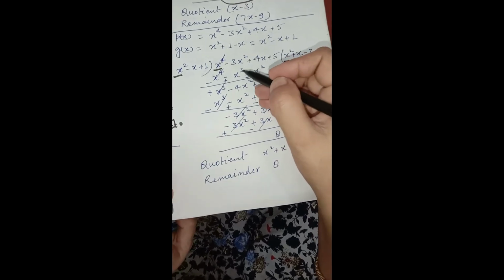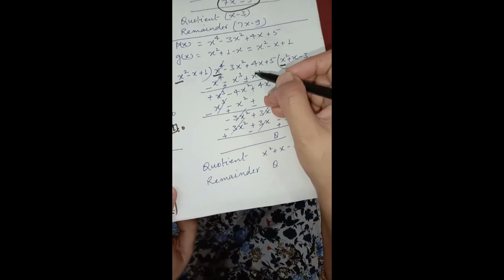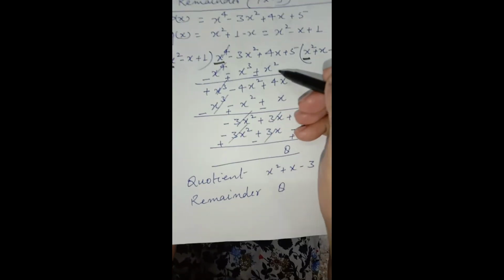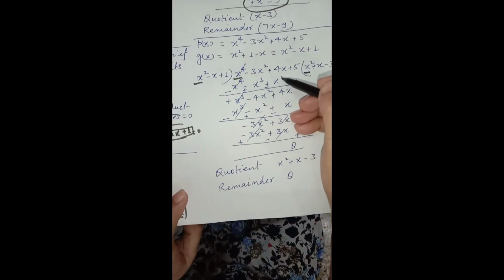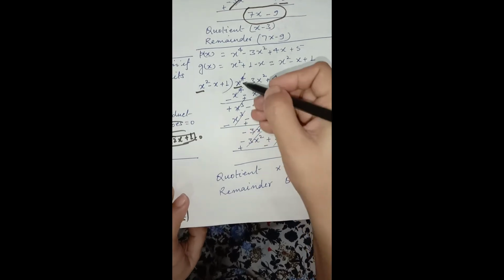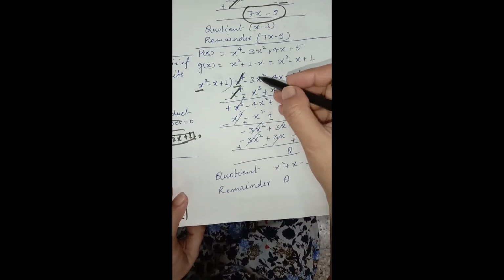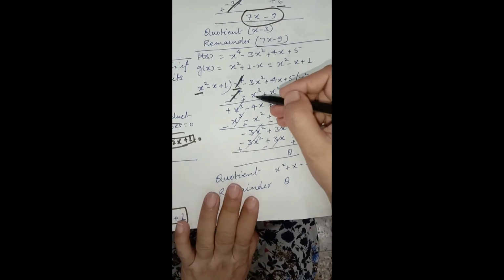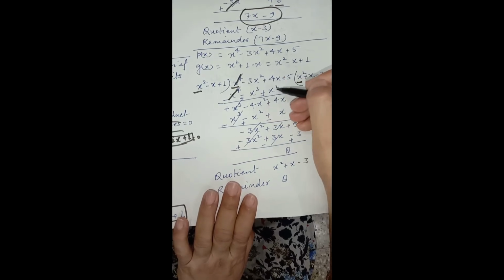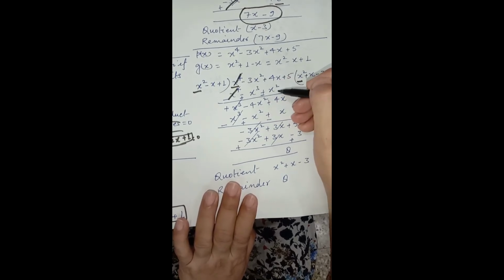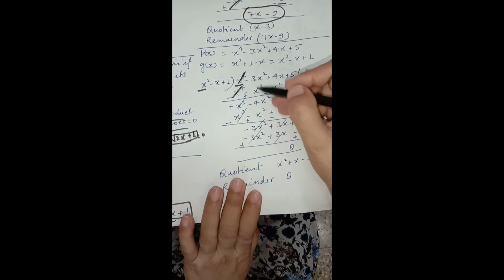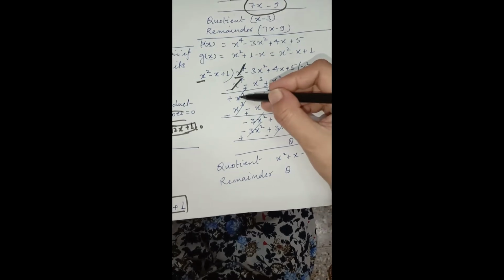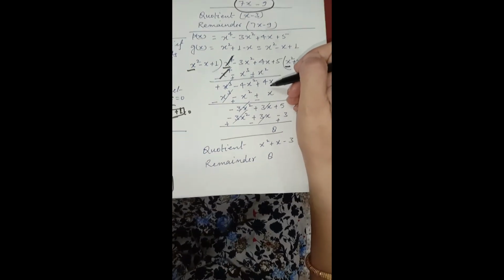And in the same way as in the proper division method, we will subtract by changing the sign. First we will change the sign of all the terms written downward. So these two terms will be cancelled. Here there is no term of x cube, so we'll leave it as it is. And minus 3x square and plus x square, they will solve each other. It is minus and it is minus, both are minus, so it will make minus 4x square. And the term of x cube will be copied here. Next term plus 4x will be copied down.